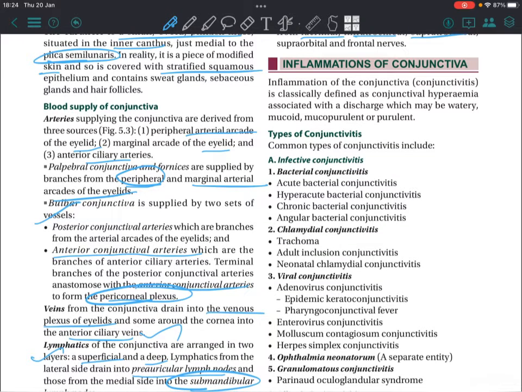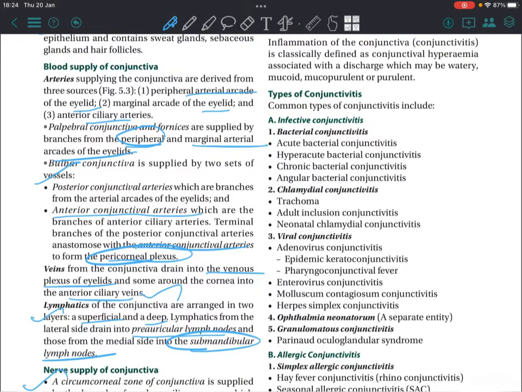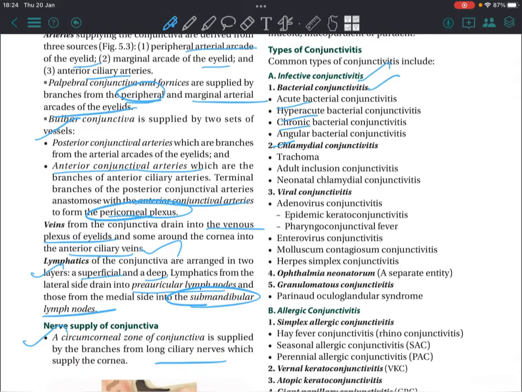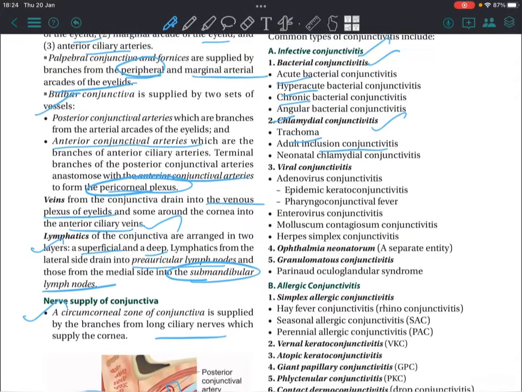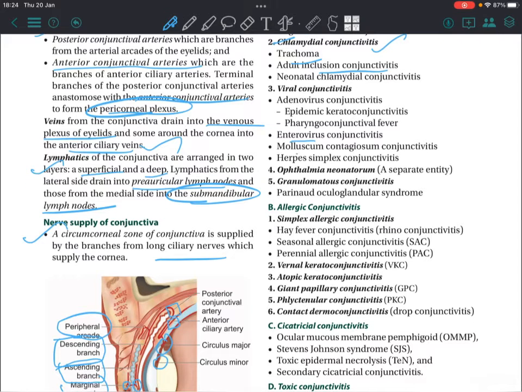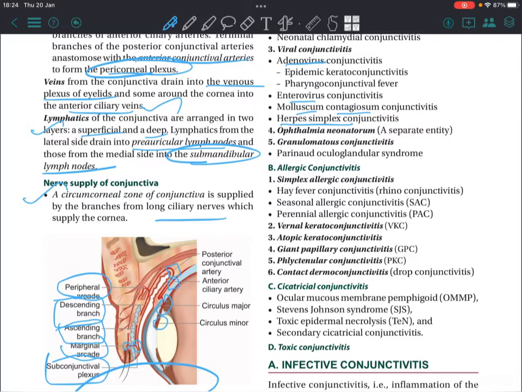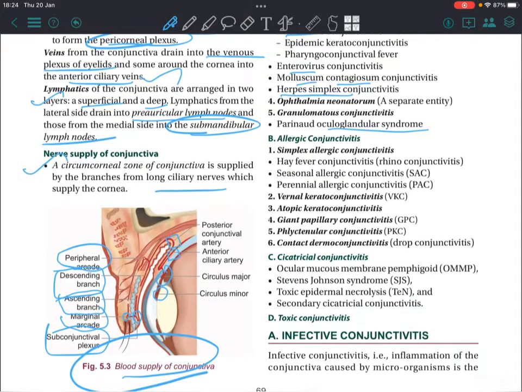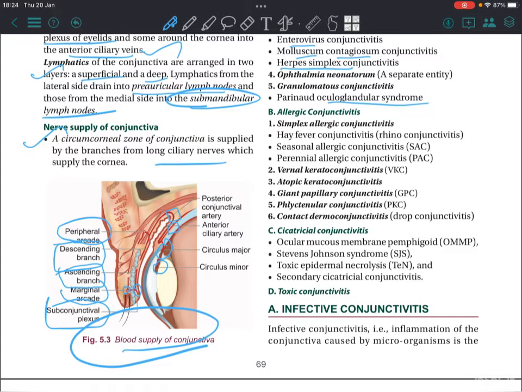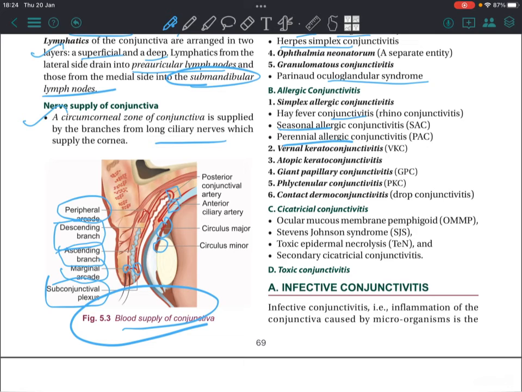Inflammation of the conjunctiva. Types of conjunctivitis: infective conjunctivitis, bacterial conjunctivitis, which can be acute bacterial, hyperacute, chronic, or angular; chlamydial conjunctivitis, trachoma, adult inclusion, neonatal; viral conjunctivitis, adenovirus, enterovirus, molluscum contagiosum, herpes simplex virus, etc. Ophthalmia neonatorum, granulomatous conjunctivitis, parinaud oculoglandular syndrome, allergic conjunctivitis, simple allergic conjunctivitis, hay fever conjunctivitis, seasonal allergic, perennial allergic,